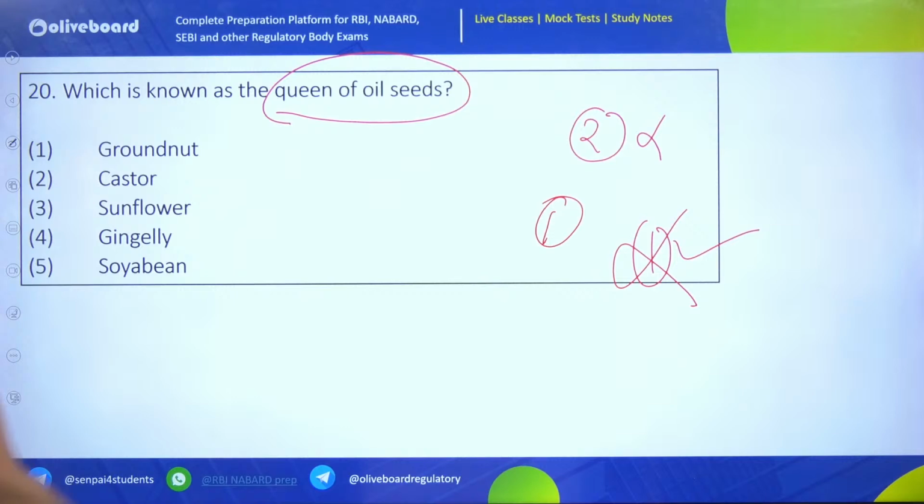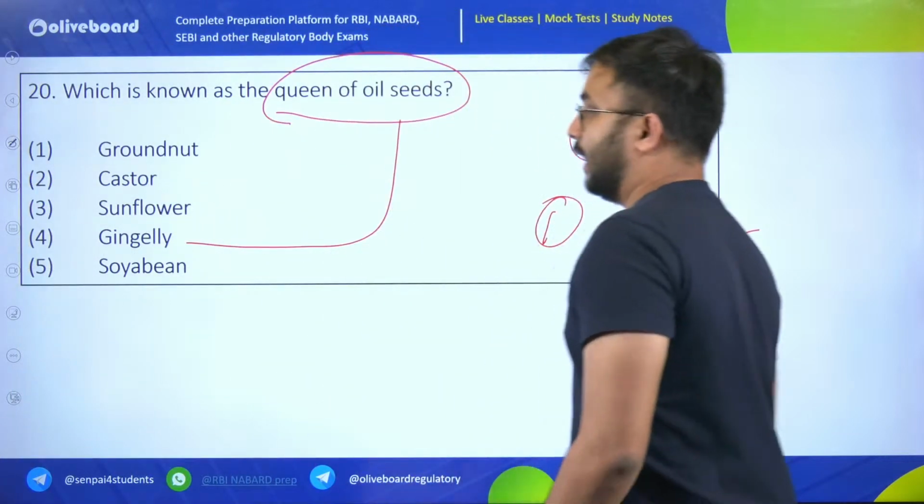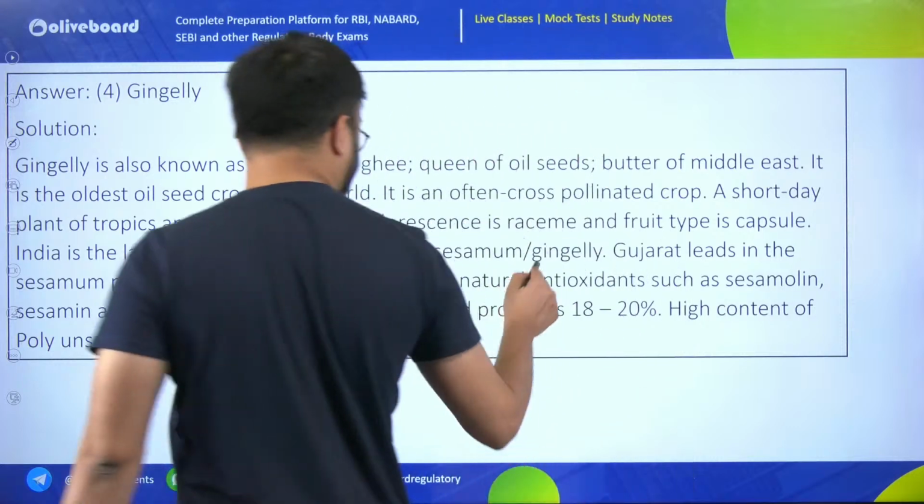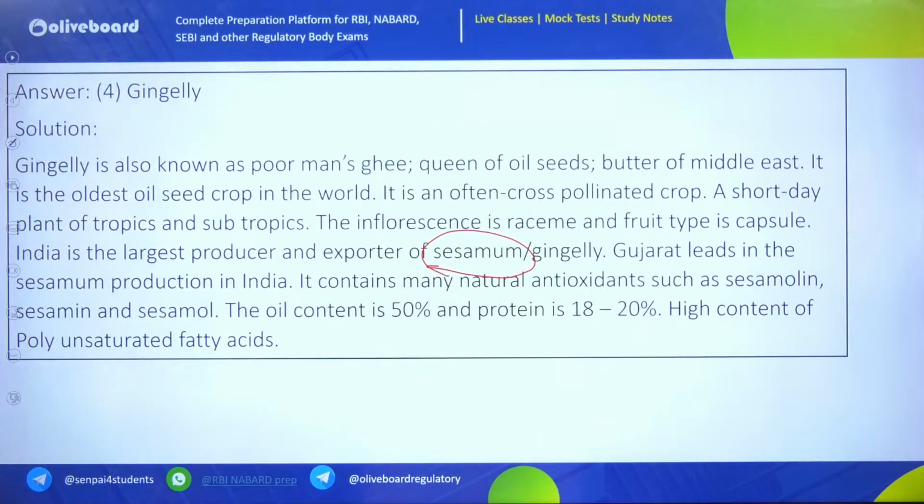Okay, so the answer here is gingelly. For those who don't know what gingelly is, it is sesamum. Next,